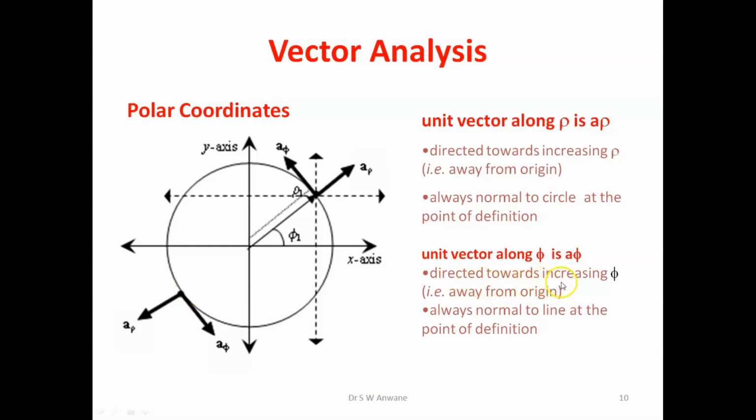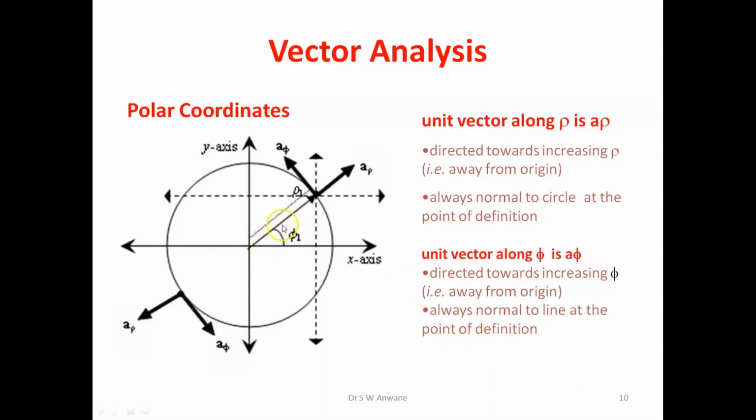Similarly, the unit vector phi cap will be directed towards increasing phi. Phi can increase from 0 to 2 pi, that is the limit to which phi can increase. Unlike in Cartesian coordinates, where x can roll from minus infinity to plus infinity and y also can roll from minus infinity to plus infinity, here phi is rolling from 0 to 2 pi, and that will make a complete description of the xy plane. Phi cap is directed towards increasing phi, so at this point it will be towards increasing phi, and here at this point also it will be towards increasing phi, and it is always normal to the line phi equal to constant.